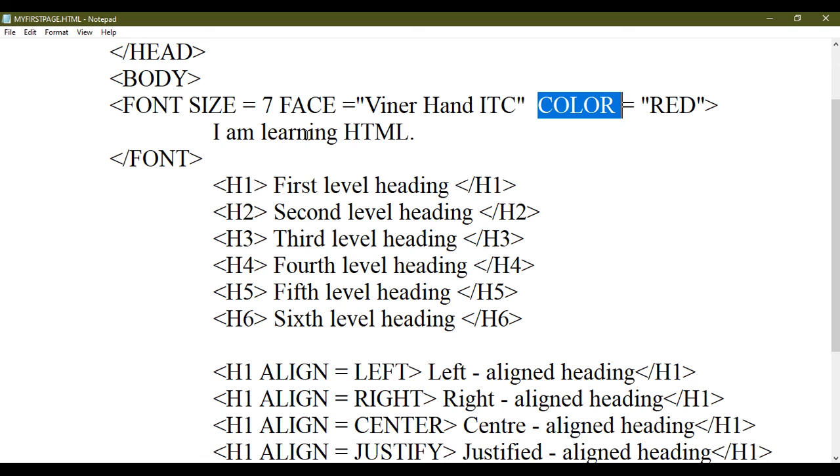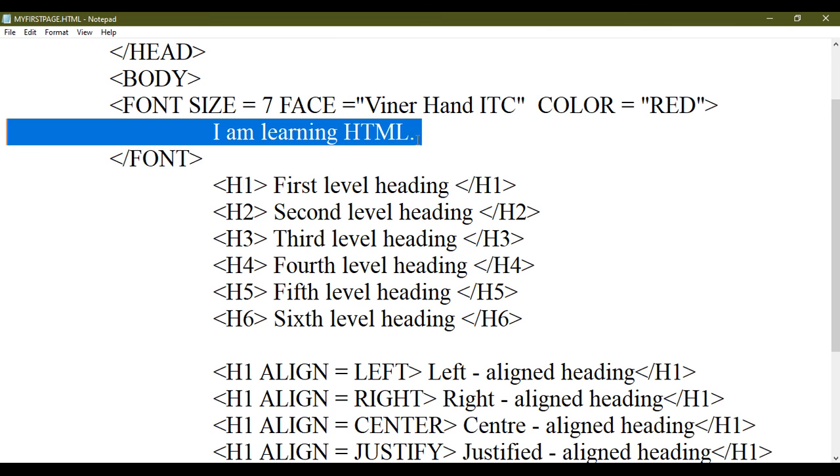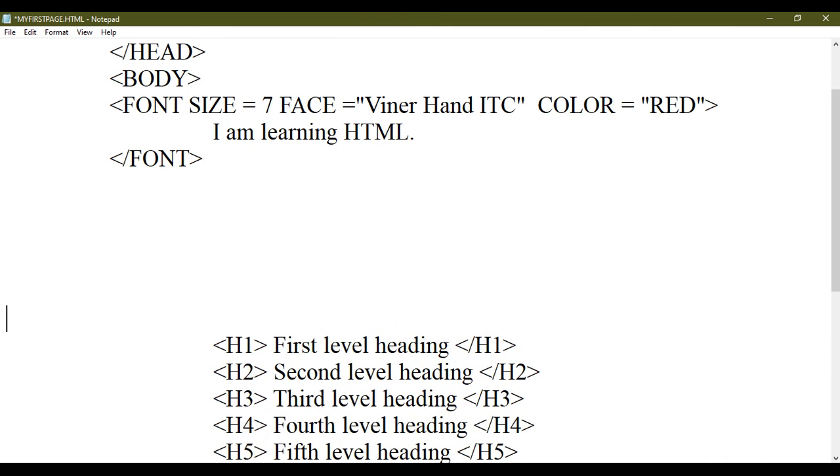Next is bold, italic and underline elements. So these elements are used to make your text in the bold face. B for bold. So we just copy this line. If we use the B tag, that makes your content in the form of bold face.